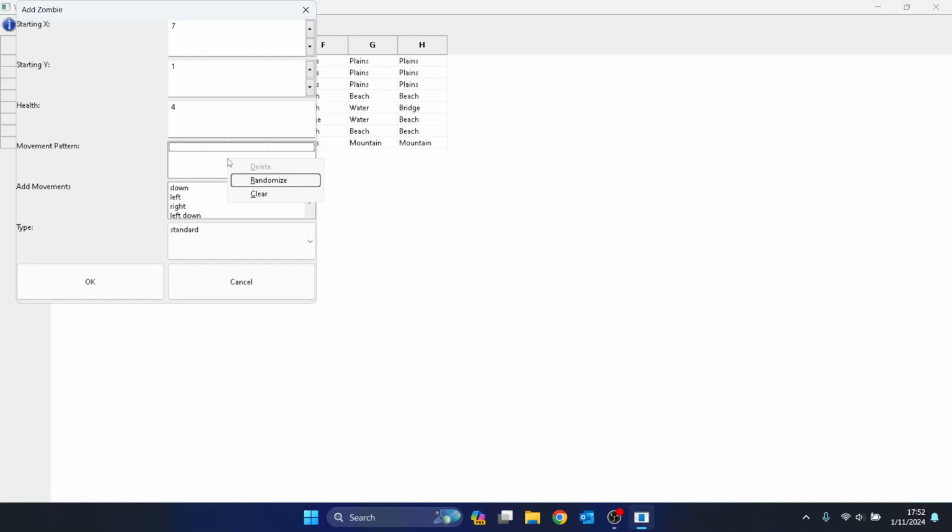Now, before we do this, remember there is water in this level. I did that for a reason. For one, to show you that you couldn't send zombies in there, but for two, to show you how the randomizer works with